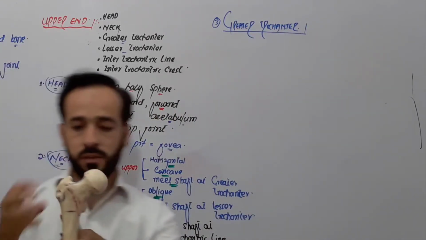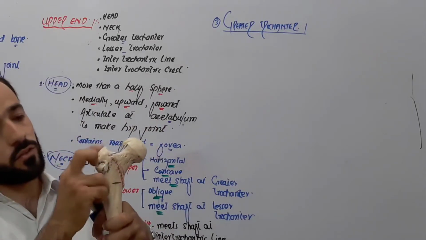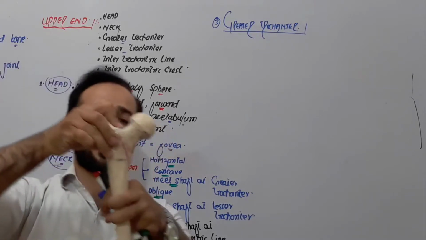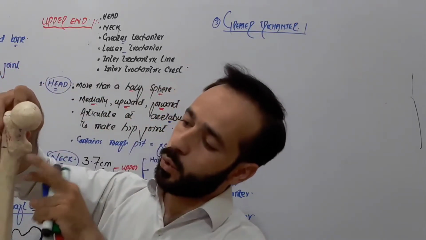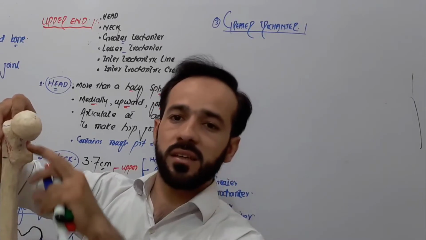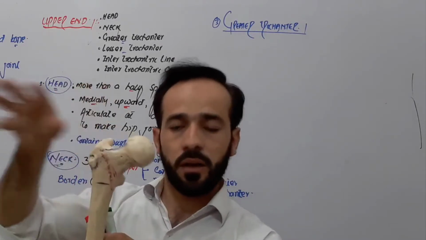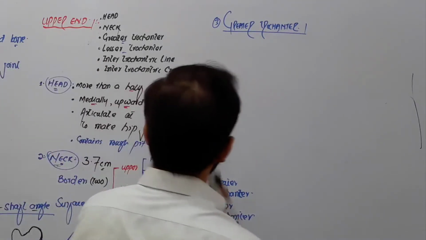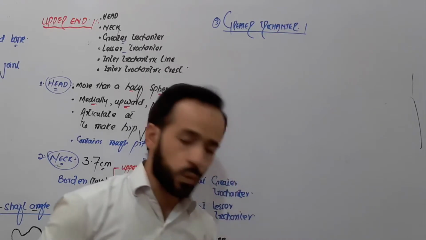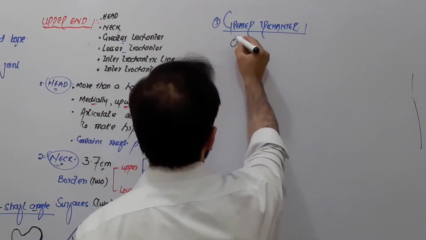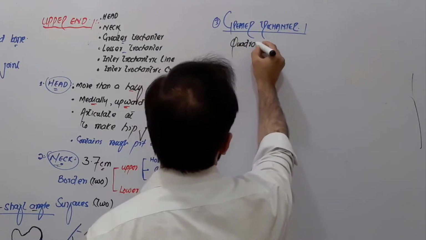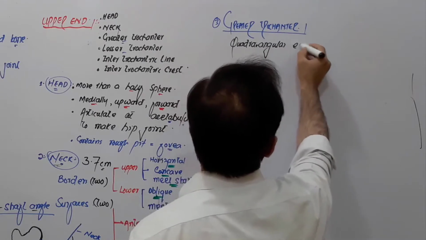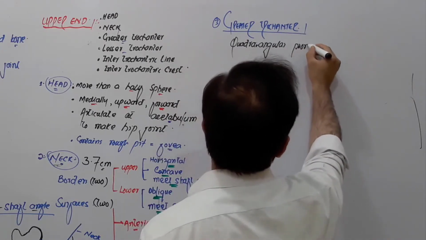This is the femur bone, right? The femur, this part, right? This quadrate shape bony eminence is called the greater trochanter, and here we have a cone shape eminence. This is called the lesser trochanter, if you can watch here, and otherwise I will show you in the video about the bone itself, right? So the greater trochanter is actually the quadrangular bony eminence. Quadra means 4, quadrangular eminence, or we say prominence,